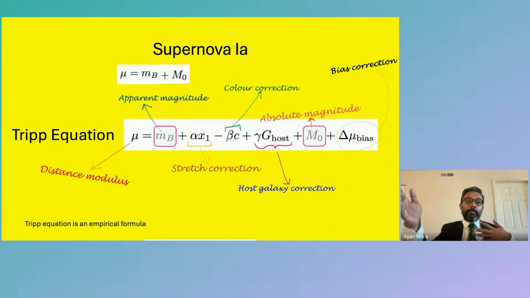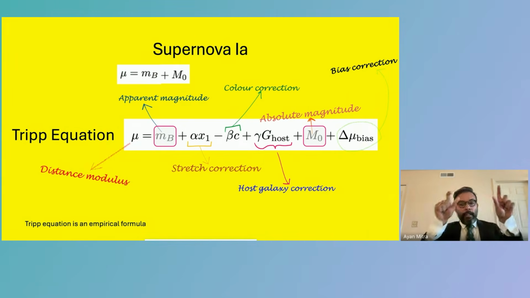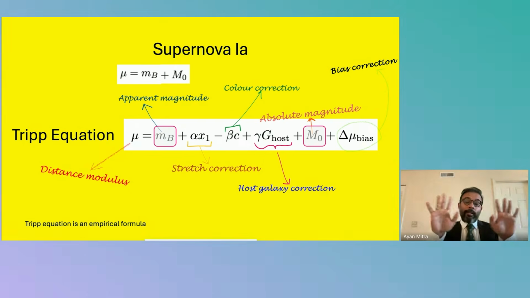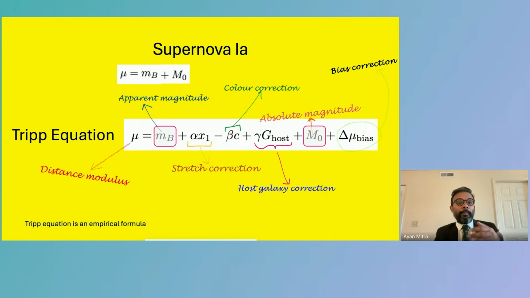You measure it at different times of its lifetime. You can translate that to a distance estimate, how far the supernova is, with some additional complexities, of course, going inside that. I'm not going into that. The equation on the bottom that you show, the bigger one, is actually those additional complexities put in, like you remember the standardization thing, color correction, stretch correction, meaning the light curve is bluer or wider, and so on. But the broad theory is this: if you measure the brightness, and if you know the base brightness, like the standard one at a given distance, you add or subtract, you get a distance. This is amazing.